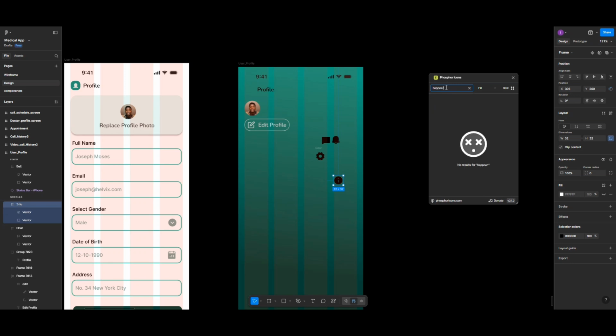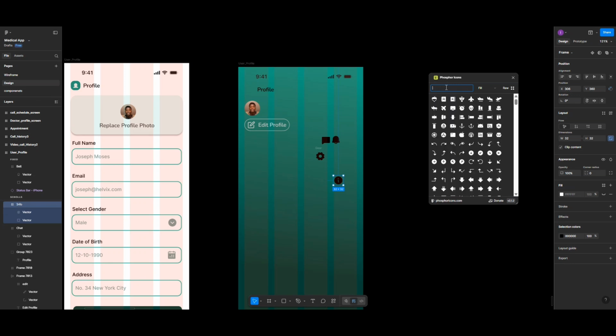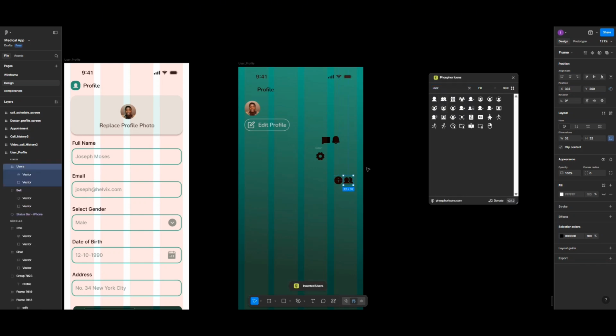Appearance, we don't have appearance. So invite, let's say user. So we add this for invite and logout. We add this